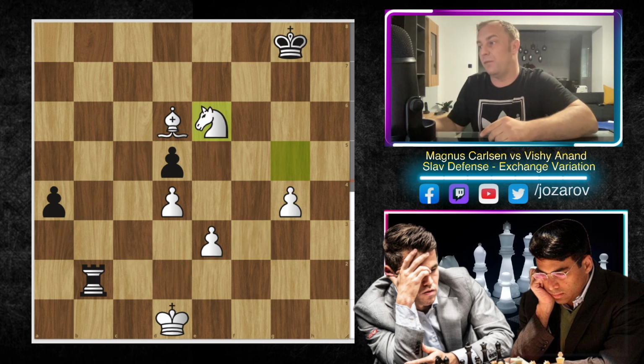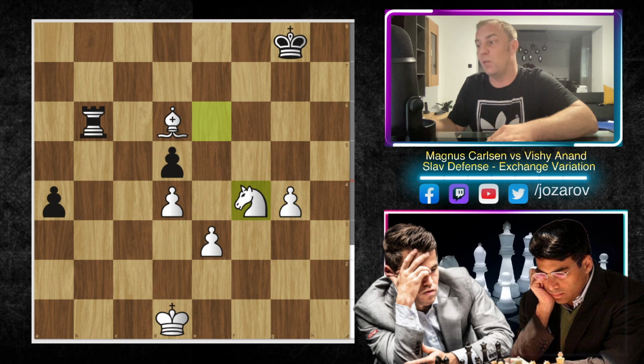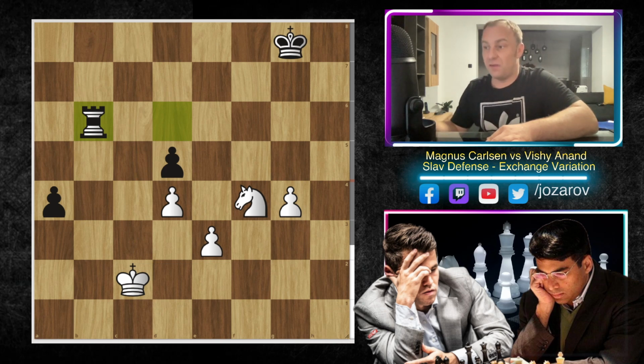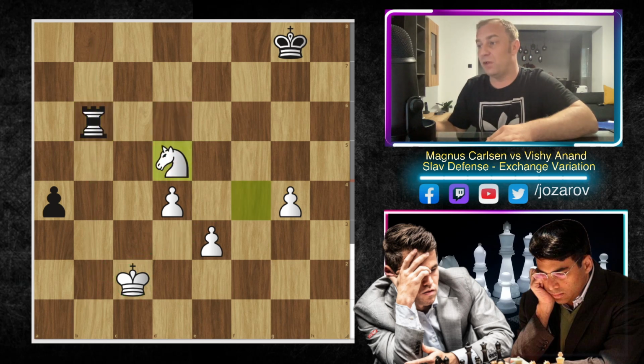But here under time pressure Magnus Carlsen simply played knight takes e6, and Vishy uses this moment, plays rook to b6, attacking both pieces. We have knight to f4, rook takes d6, and now king to c2, and again Vishy Anand cuts off the potential activity by the king, and you see now this knight is simply too far away from the action. So we have now knight takes d5.